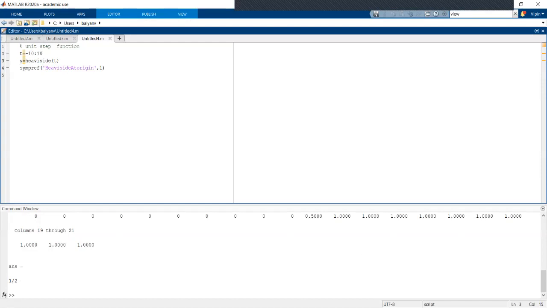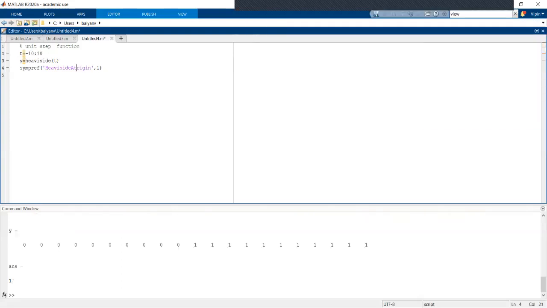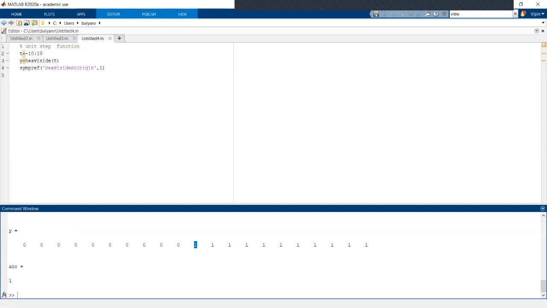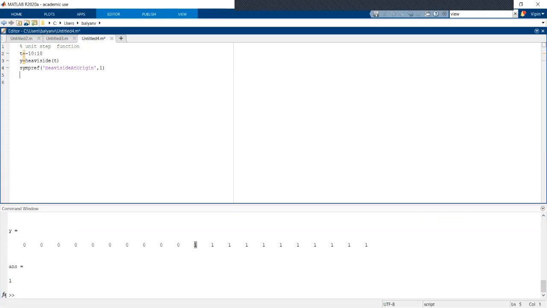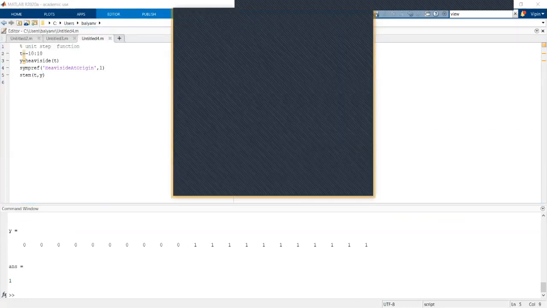So it's giving again equals to this. I think I need to type it capital here. If we run it again, you will see that the answer is 1. So answer equals 1 means it changed the value here. So sym preference is this, and suppose we change it from t to y, and then we run it again, then you can see that the value at 0 is 1 now instead